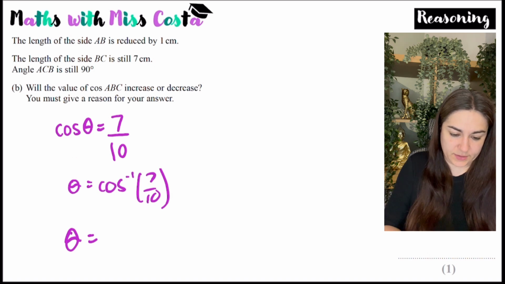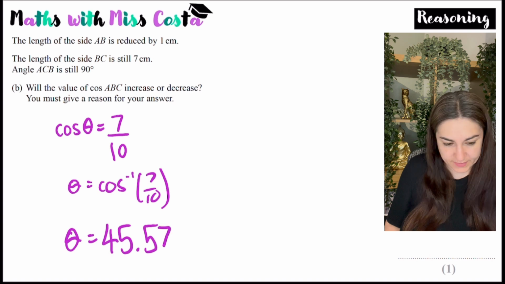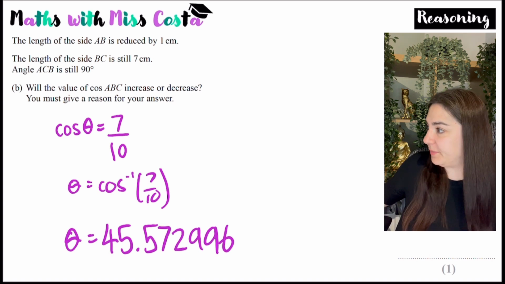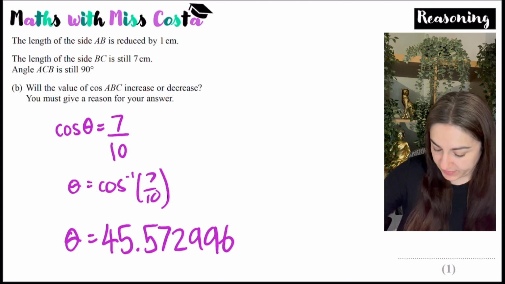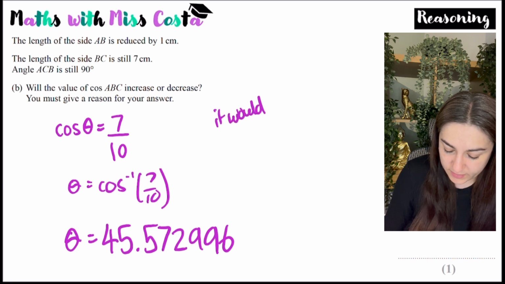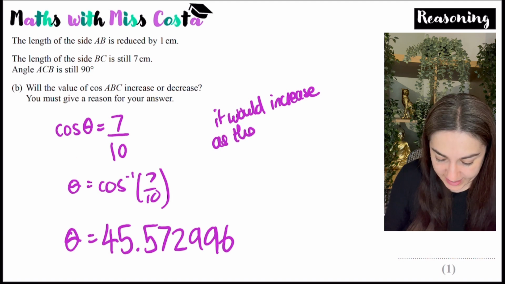Shift cos 7 over 10 gives me 45.572996. So it says, will the value of cos ABC increase or decrease? And we'd say it would increase as the angle